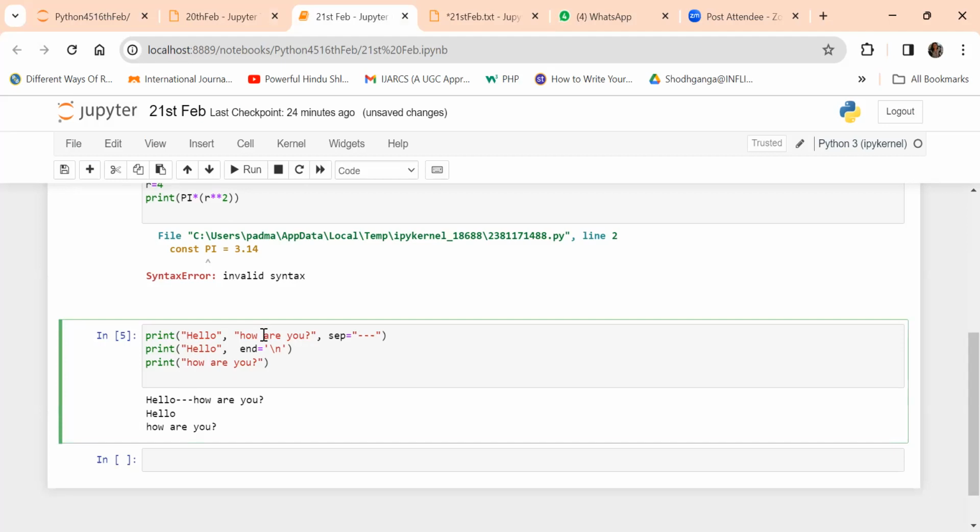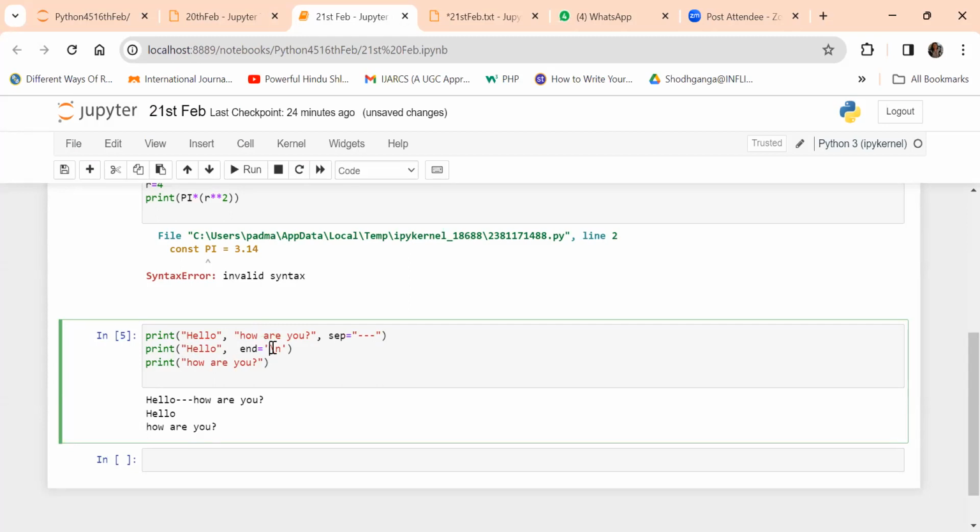Yeah, it actually depends on how you want your output to look. So if you know that the option is there, you can use it in your programs. Now the other one is, supposing I want this hello, and after that there's one more print statement. So between this hello and the next print statement, if I want a new line to be inserted, then I